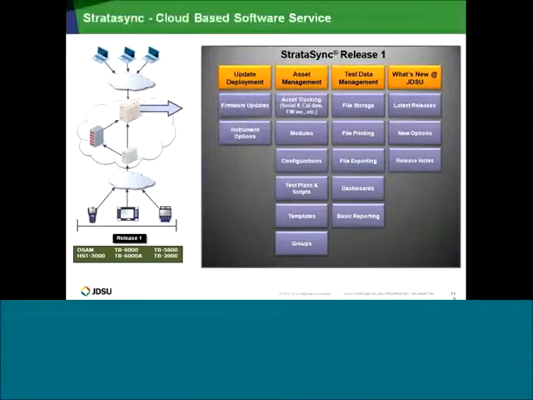Okay, so let's say, for example, there's a new firmware available, like I was mentioning, release 18 on the 6,000 and 8,000. As soon as your test equipment would go onto the cloud, so just on the internet via Wi-Fi or via cable, it would be prompted to say, would you like to upgrade your unit? We have a new firmware available. So that's automatically done. So asset management, update deployment, and then test data management, which is the most important,